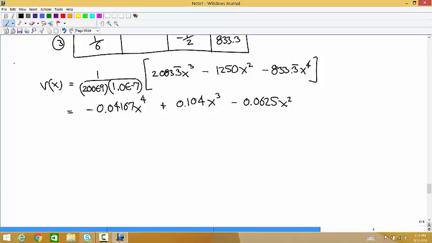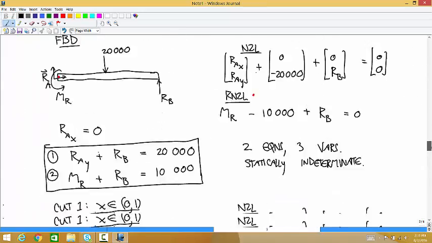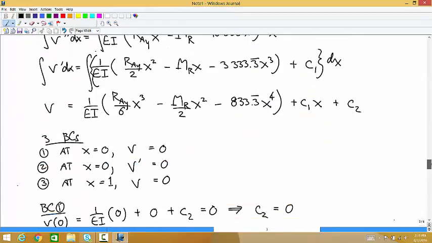All right, so that's the deflection. So where is the deflection maximum? Well, we've already seen some sort of interesting stuff going on here. If you had to guess what was going to happen,